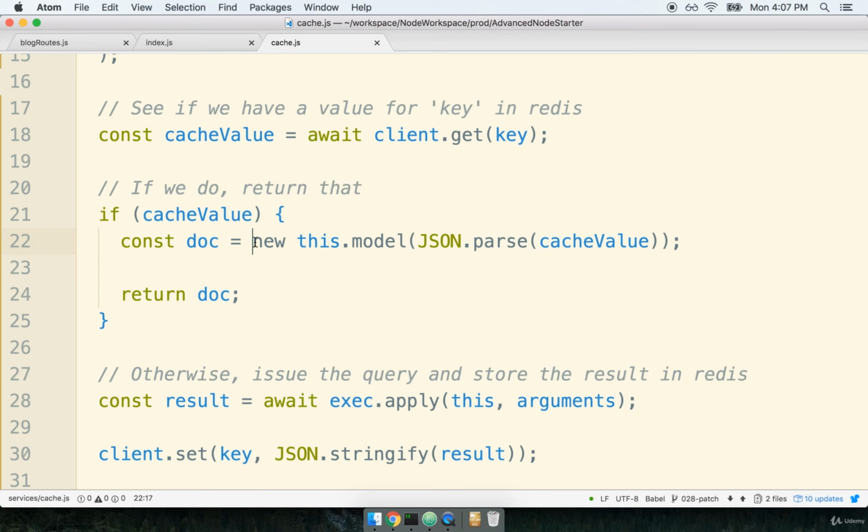I'm going to first start off by deleting this entire line of code altogether. We need to do something slightly differently depending upon whether or not we are attempting to deal with an array of records or a single record. So I'm going to first start off by creating a variable called doc and parsing our cache value, like so. I'm then going to remove the return statement, and then we're going to replace this with a ternary